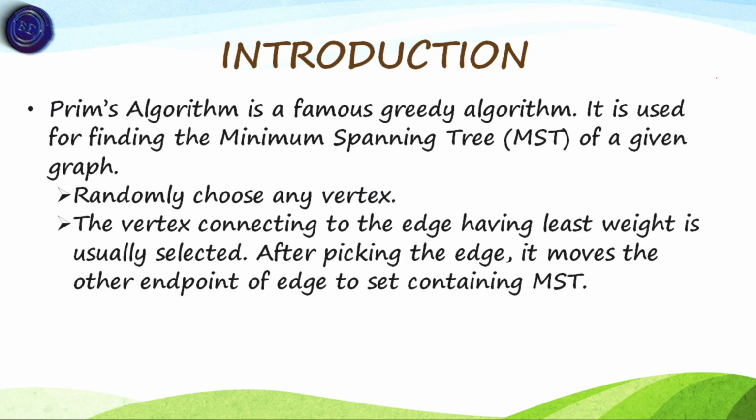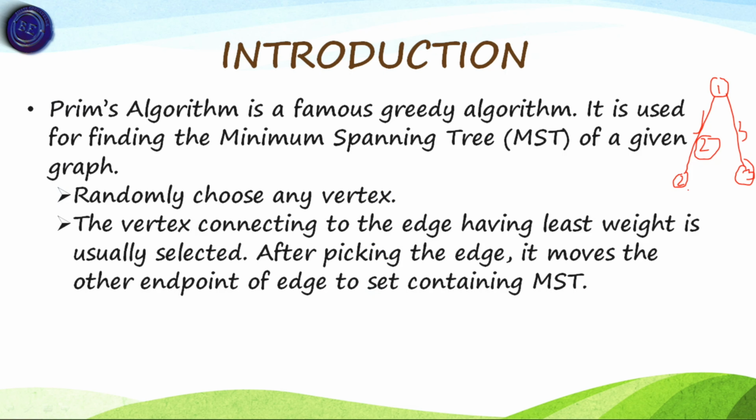Here I am considering a random vertex named 1, and it has two edges connecting with two vertices. I am naming the vertices 2 and 3, and the edge value between 1 and 2 is 2, and the edge value between 1 and 3 is 3. So the vertex connecting to the edge having the least weight is usually selected. The least weight between the two is 2, so 2 is selected. After picking the edge, it moves the other end of the edge to the set containing the minimum